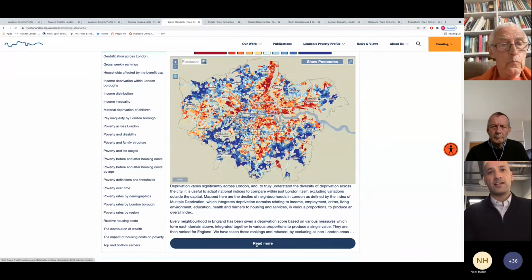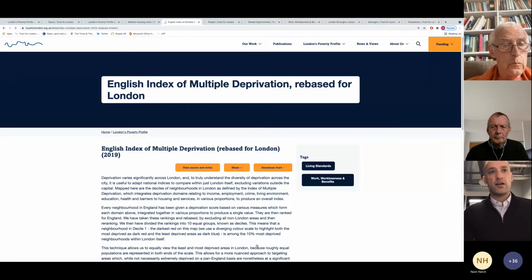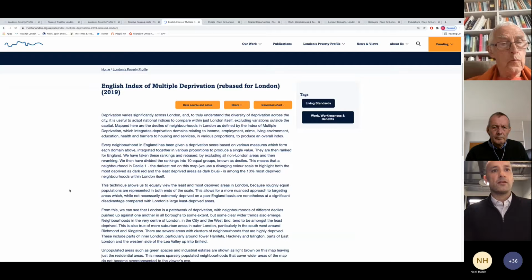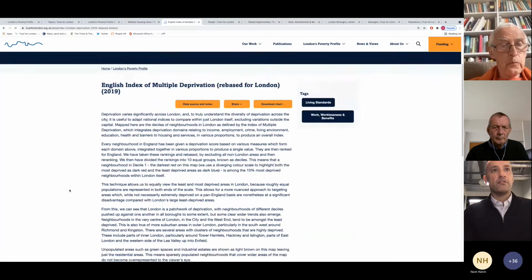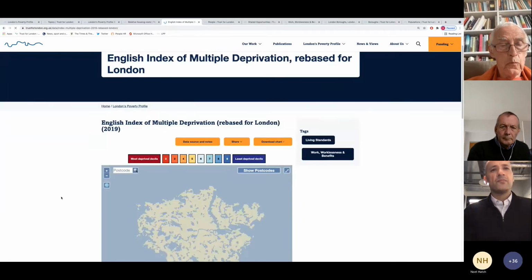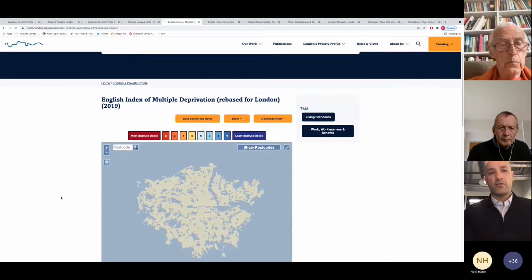And again, I'll just click in so you can see it hopefully in more detail. It's not appearing right now. Here it is. So this map was created through our partnership